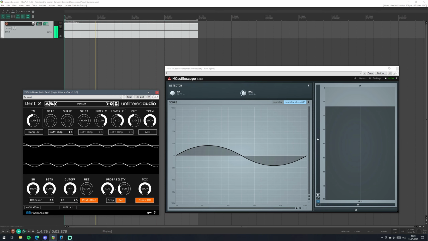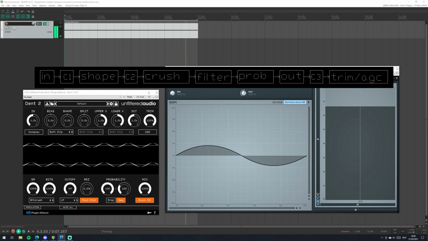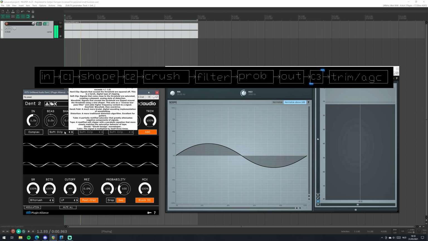So let's first start off with the structure of Dent. This is kind of important because it works in a pretty specific way. So Dent has 3 clippers built in. Those are the thingies that cause the distortion. One clipper is right here in between the input and the shape controls. The second clipper is in between the shape and the crusher. And the third clipper is after the output gain, before the trim and automatic gain compensation controls,